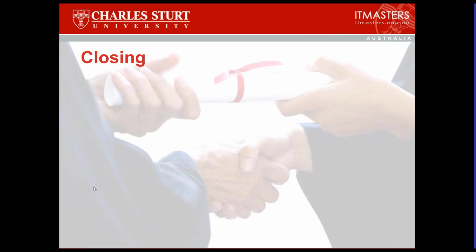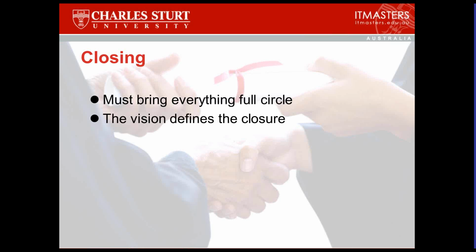Now, in closing, we don't need to talk a great deal about closing. Some of closing of a project of any kind is somewhat similar and somewhat self-explanatory. But a few points I want to make here. We do need to bring everything full circle. And that means that in closing any Agile project, it's got to link back to the objectives and the vision statement. Remember, we talked about the vision, we talked about the business objectives, we talked about things like the ROI,